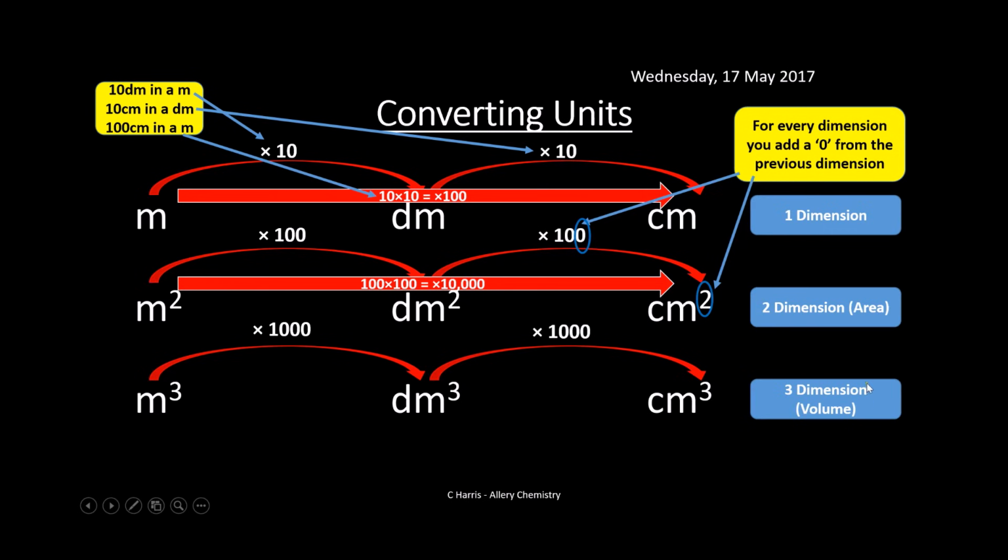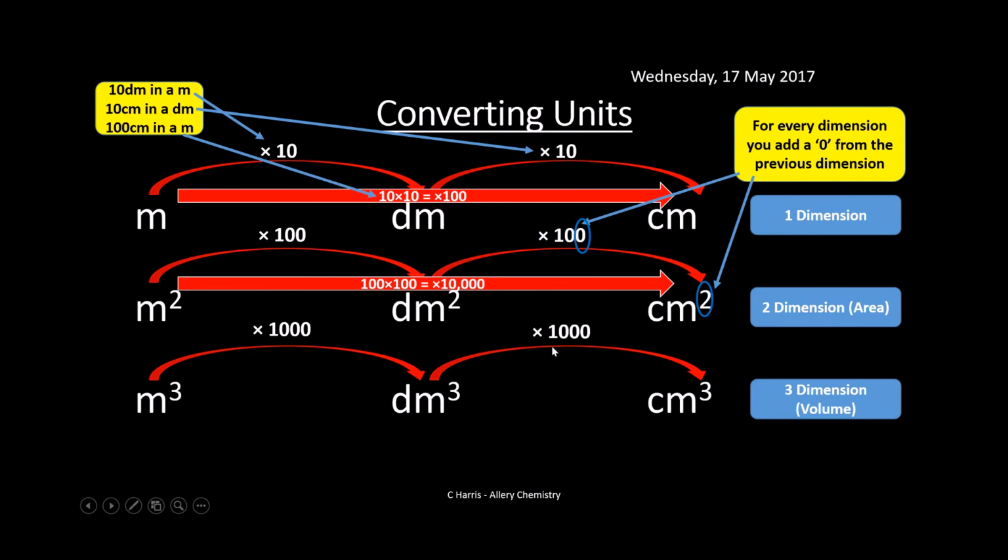Okay, so going into the one which is the most important for chemistry, which is volume. Again, because we've added an extra dimension, we add an extra 0 onto the end of there, so that's now multiplied by 1,000, as you can see. So going from meters cubed to decimeters cubed, multiply by 1,000, and go from decimeters cubed to centimeters cubed, multiply